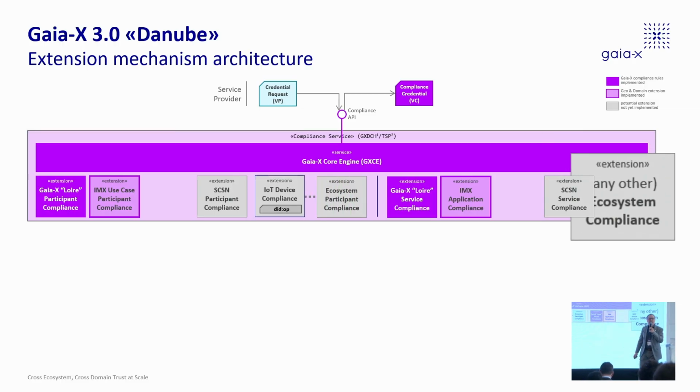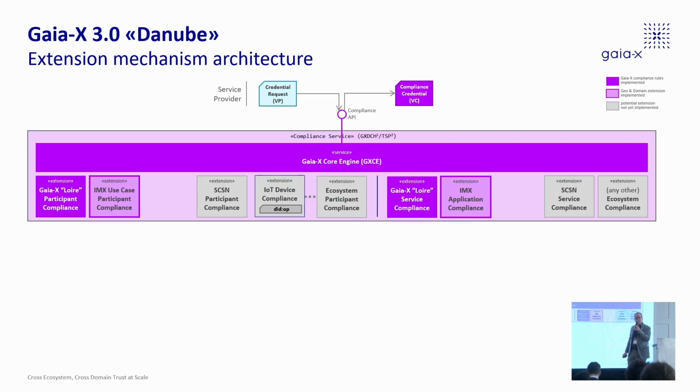ecosystems bringing their own rules. Yeah, please, we have no actual working on SCSN. So with this smart connected supply network, this is just an example of how far, to what extent, we make the architecture extensible. So even if you have a complete existing ecosystem, the idea is, and we have another case in the making with iShare, that the Danube architecture should be able to absorb, and not absorb,